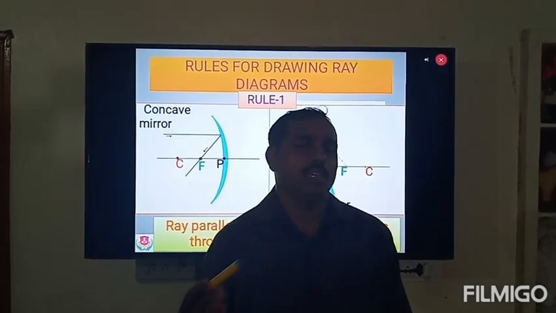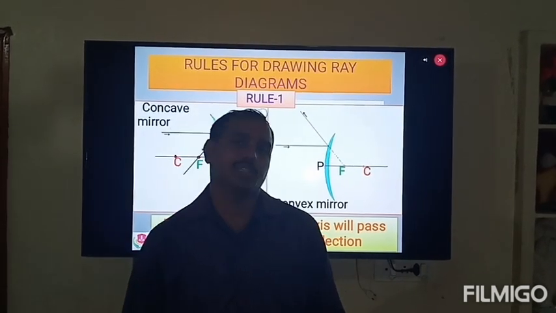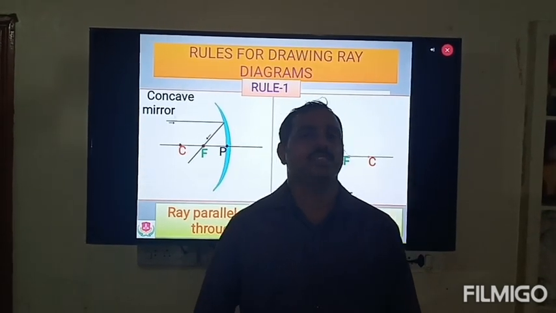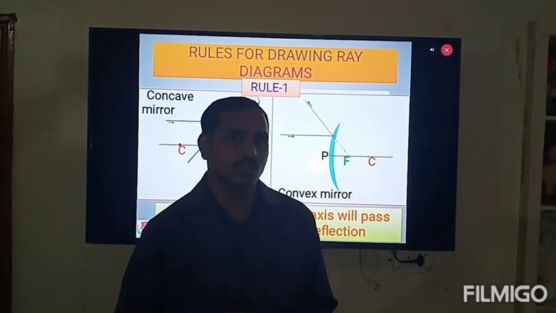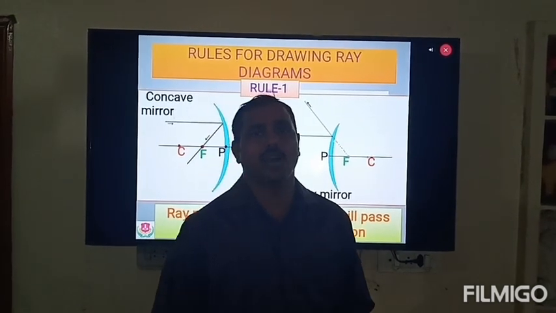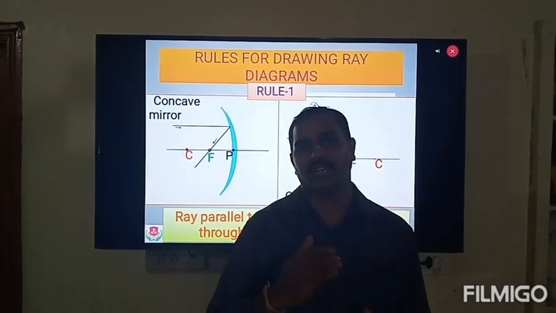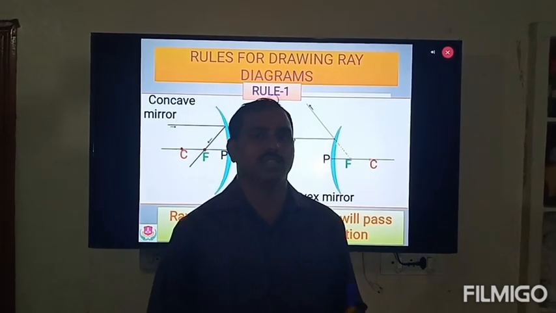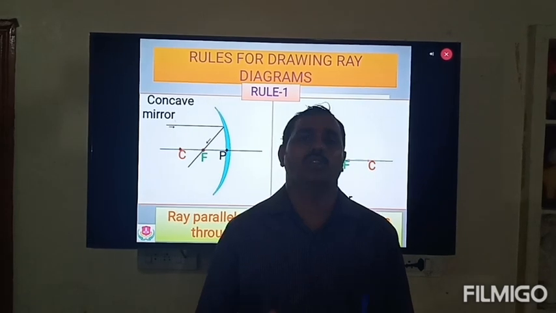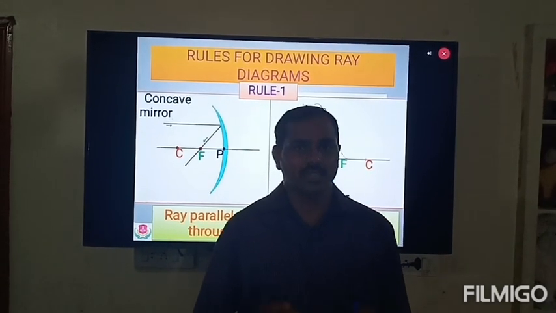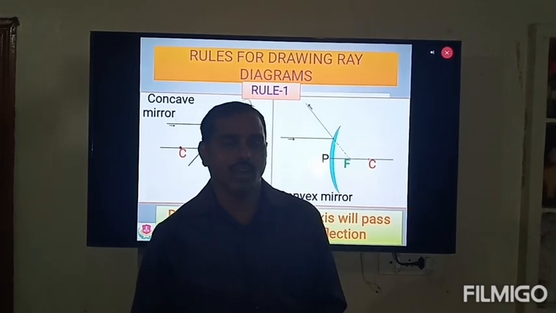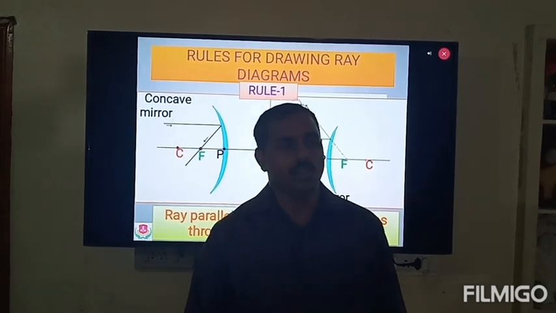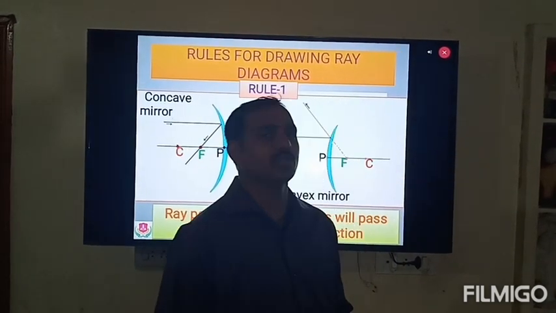Okay, we did one experiment in the previous class. In that experiment, we used a concave mirror to find the image distance and object distance and also different images formed upon the screen and inside the mirror also. So for all those places, we get different images. For those images, we want to draw some ray diagrams. For drawing those ray diagrams, we want to know the rules of ray diagram. What are the rules of ray diagram? Now I am going to explain to you.